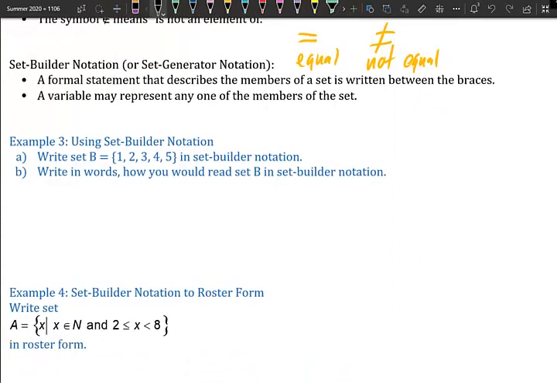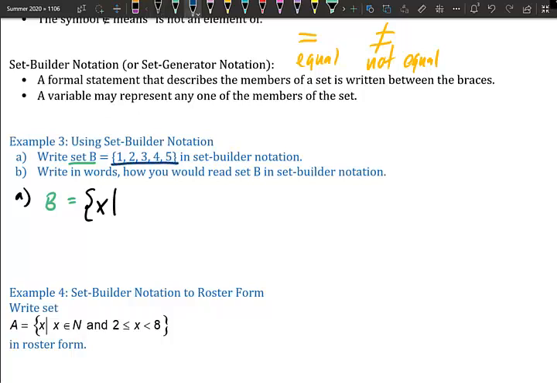Alright, so part A. Set B equals 1, 2, 3, 4, 5. What does that mean to us? 1, 2, 3, 4, 5 are counting numbers, and we say counting numbers are natural numbers. Because it's in set builder notation, we use the little braces. Then the variable: we have to use a variable, any variable, but we usually use x, such that